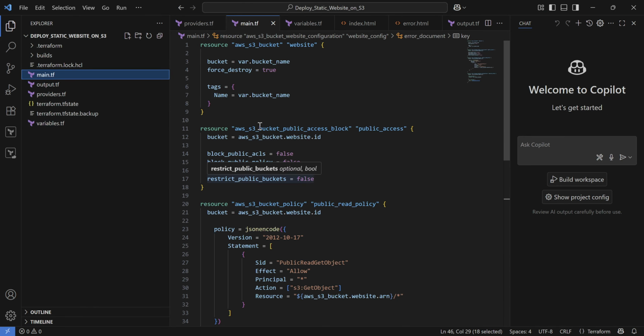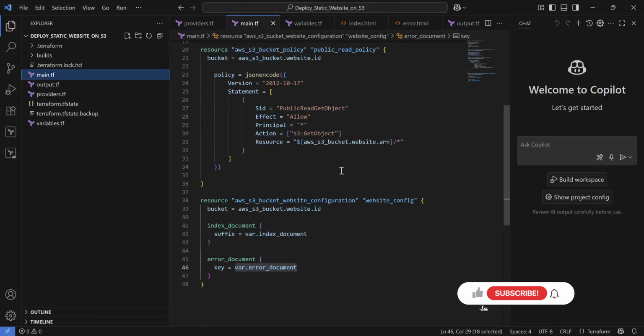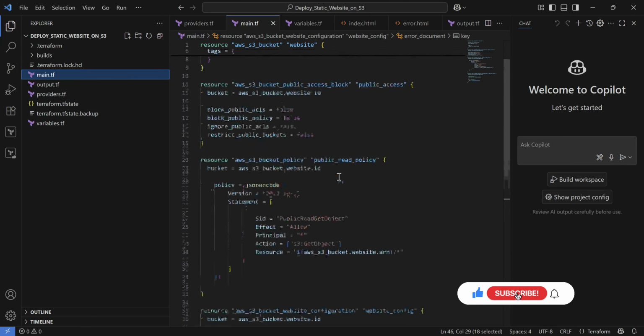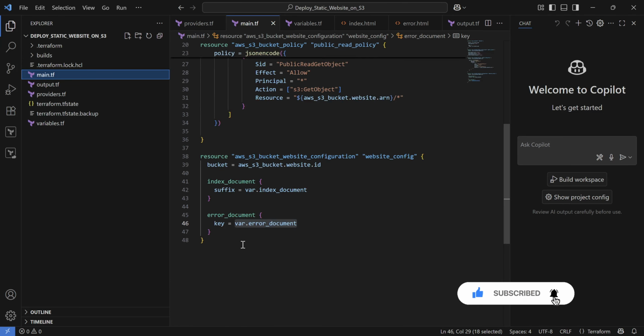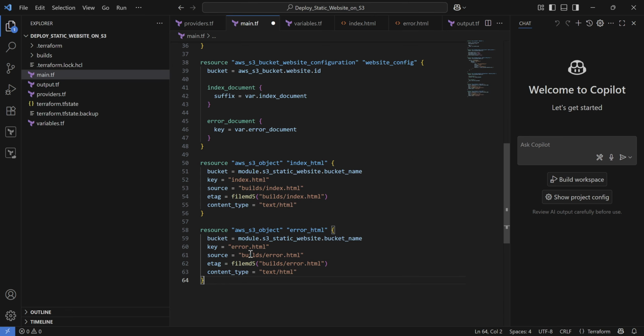Since we have already added it here, let's say we already specify the key value, add it here. This will upload the build folder, error, and so on. We are pretty much uploading here.